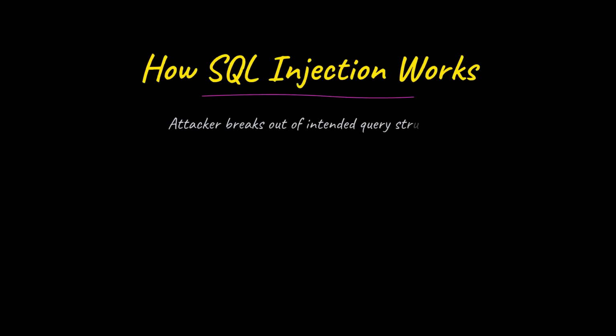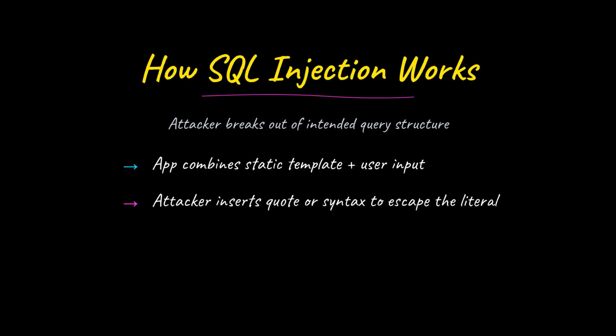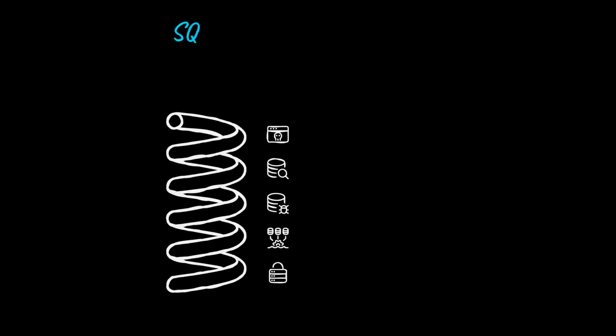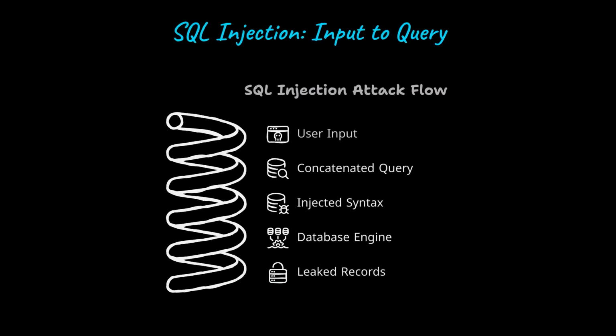The mechanism follows a consistent shape. The application builds a query by combining a static template with user input. The attacker inserts a quote character that terminates the intended literal early, then appends extra clauses that change the query's meaning, because untrusted input is being treated as code rather than data. Instead of a safe parameterized binding, the raw string lands directly in the query engine. The database has no way to distinguish the developer's intended logic from the attacker's appended instructions, unless it simply executes